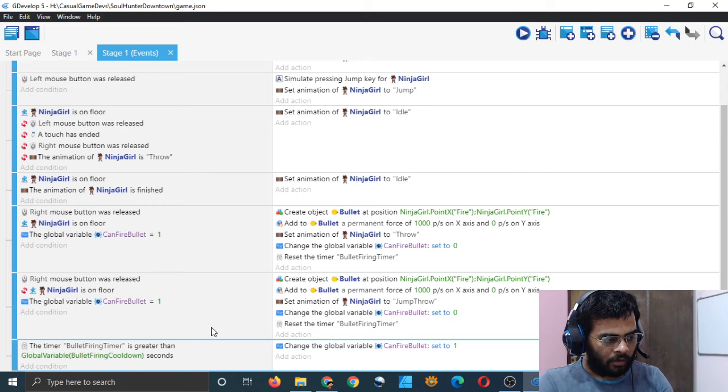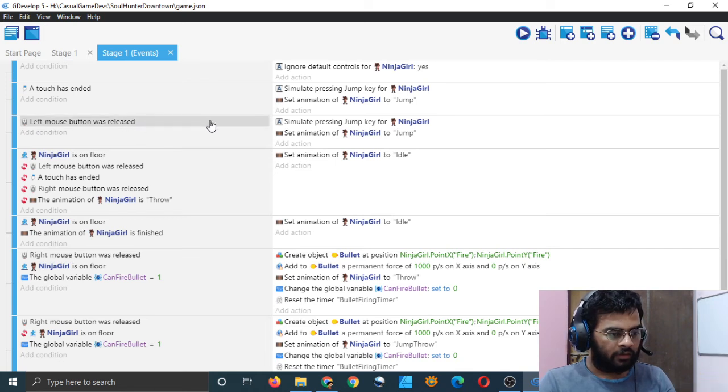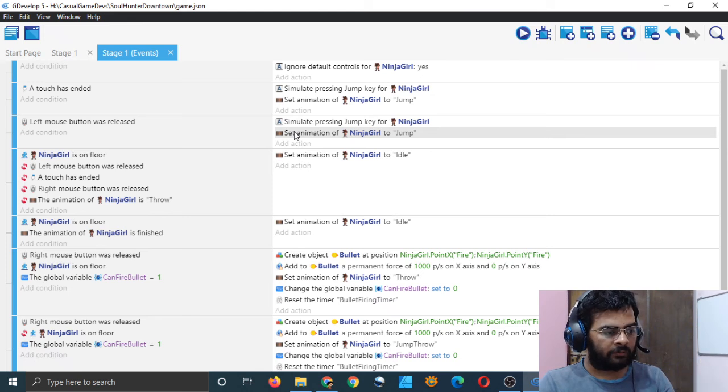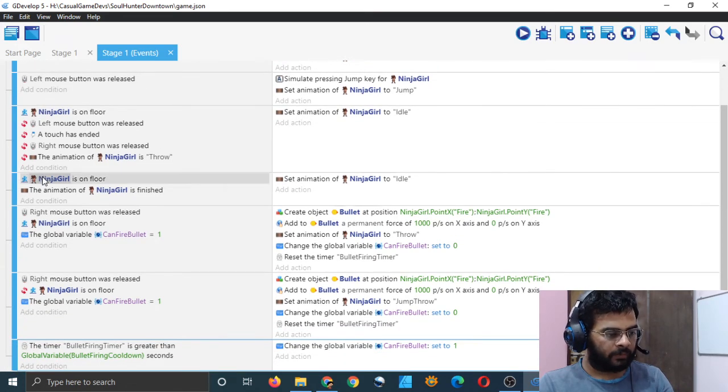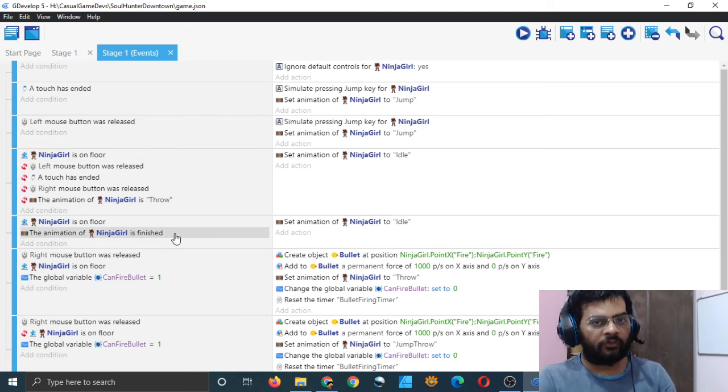But at the same time, what's happening is that Ninja Girl is jumping, so the animation is being set to jump. I think the engine cannot decide what to do. I will make the work easier for the engine. I will tell it that if the Ninja Girl is jumping and right mouse button was not released or the animation has finished, left mouse button was released, so jumping animation started.